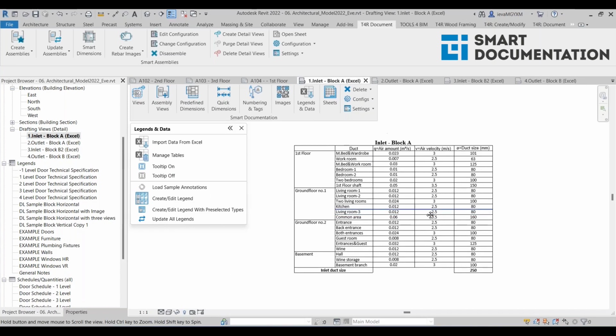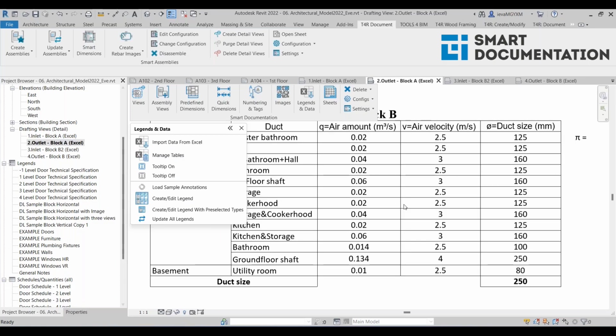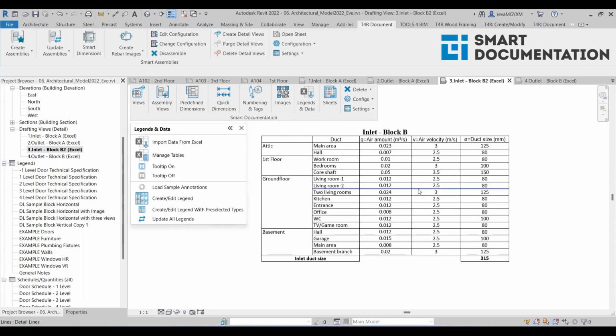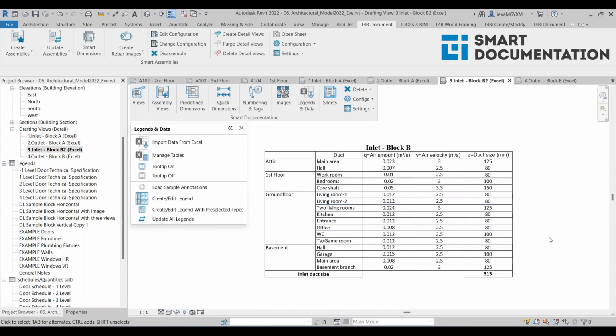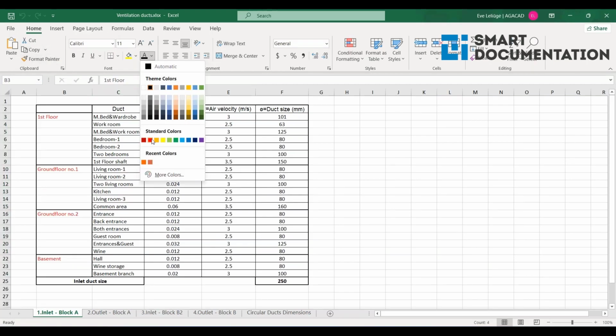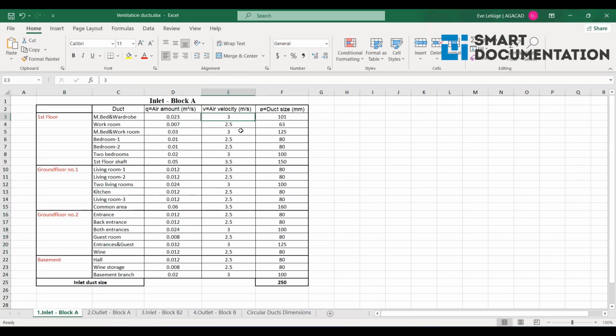So you can see that all of these spreadsheets were imported from Excel to my Revit file. And now actually I can modify them in Excel. So I can, let's see, change the color of these